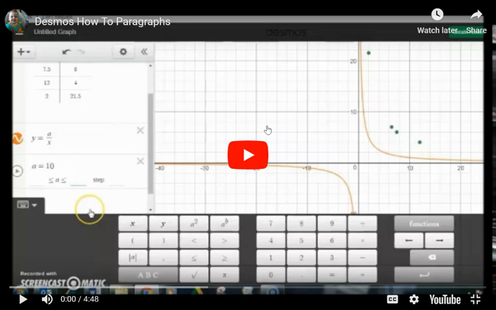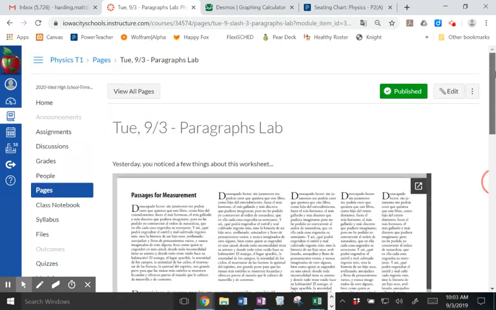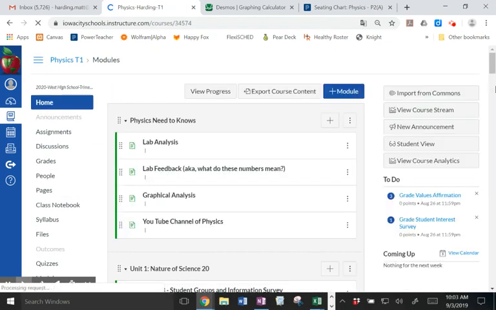Hey, looking at some of the screens and you're just kind of getting after it, I would go check out the video first, okay? Because there's a way to start a data table and I don't see a lot of people using it. So on Canvas, you should be able to get to today's page. It should have the title Tuesday 9-3 Paragraphs Lab. And if you go to that page and scroll down,